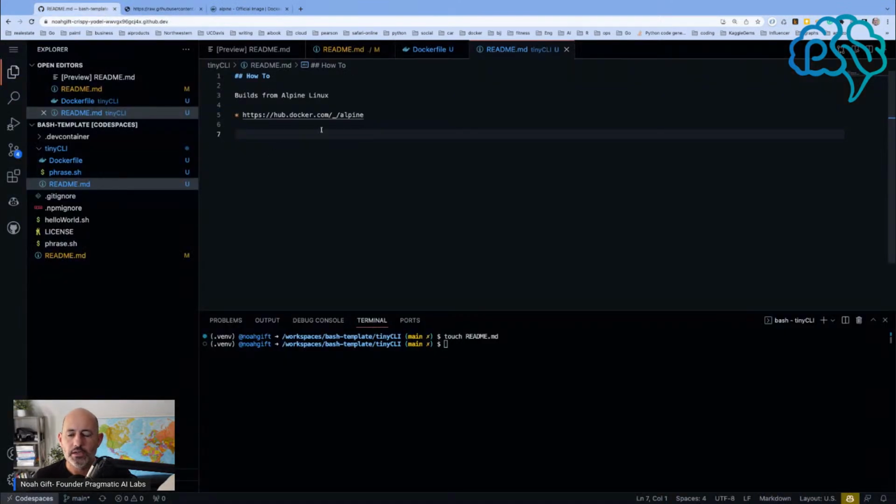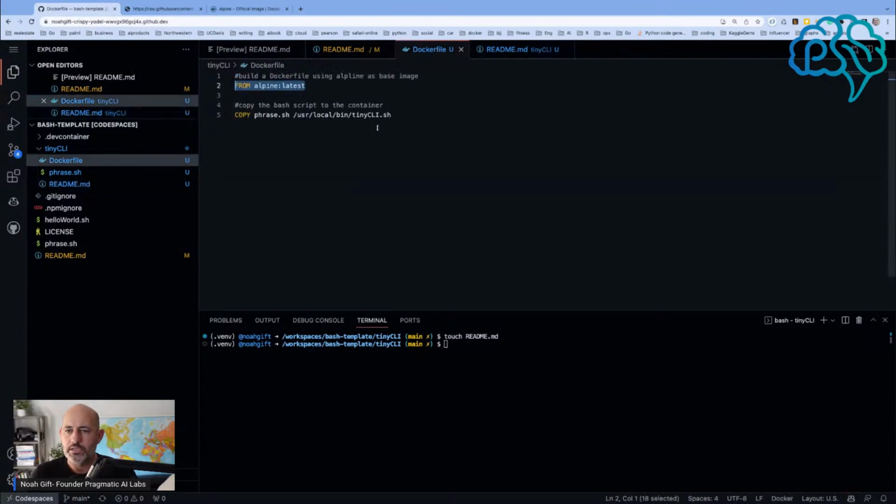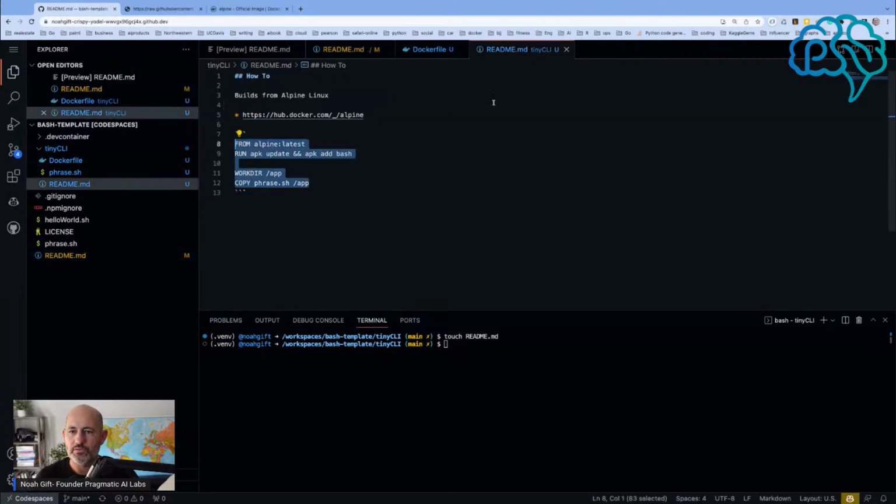So this looks good. And I can even put a note here that says do. So in this case, it will be the phrase here. And it looks pretty good. This looks pretty good. So let's go here. Say FROM alpine, apk update and apk add bash. Copy this inside. Now, I believe the only other thing I need to do, let's go to this README, is